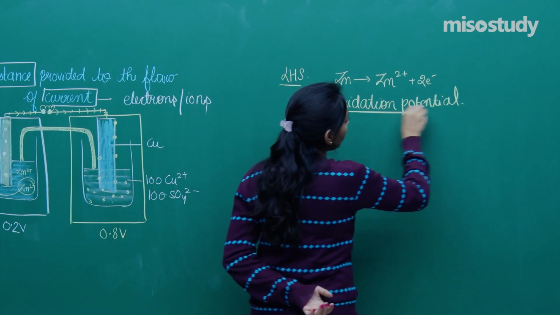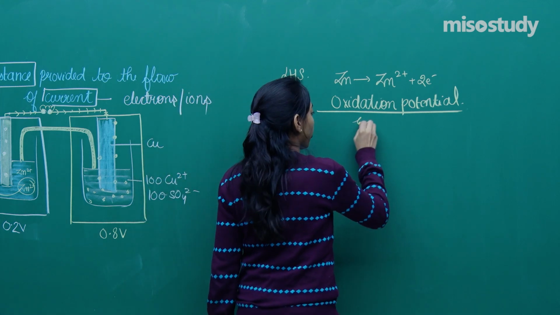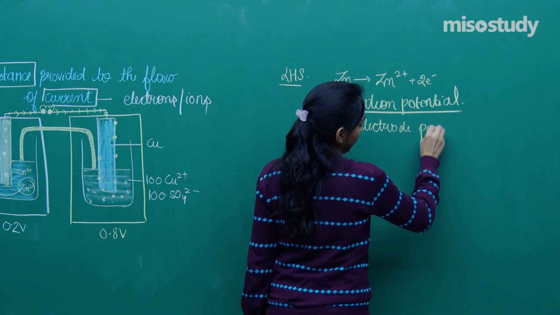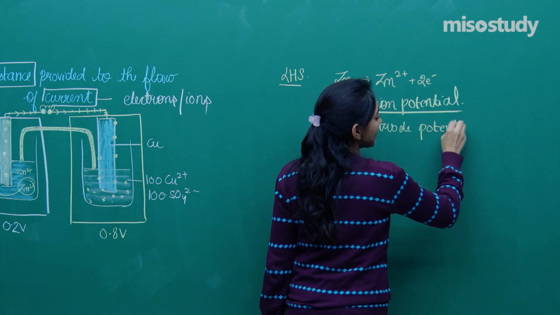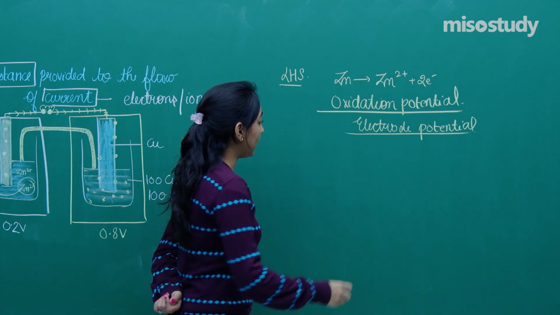Now what do we mean by this term oxidation potential, or what is this electrode potential? Let me go into the details once again. So the electrode potential, I am saying,